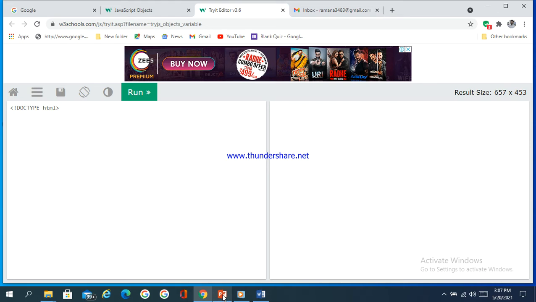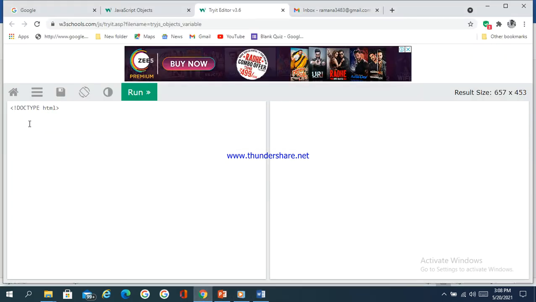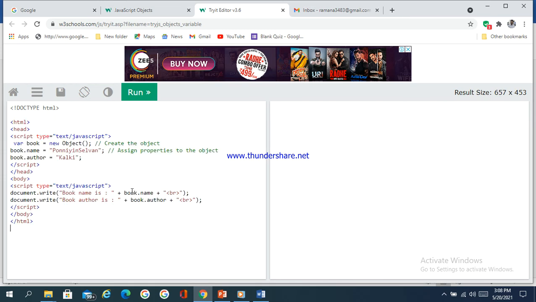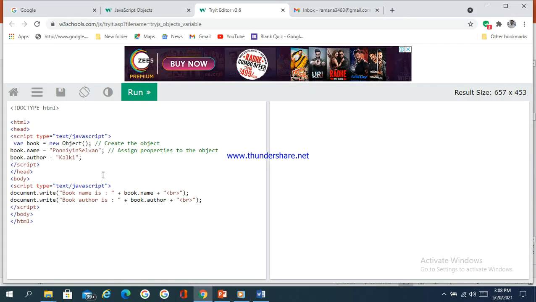Now I will copy and paste this program. This is the program, which I have stored in this PPT. I will copy and paste this program into the online editor.